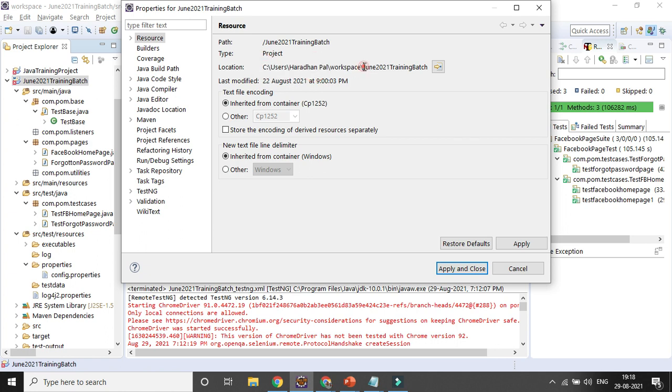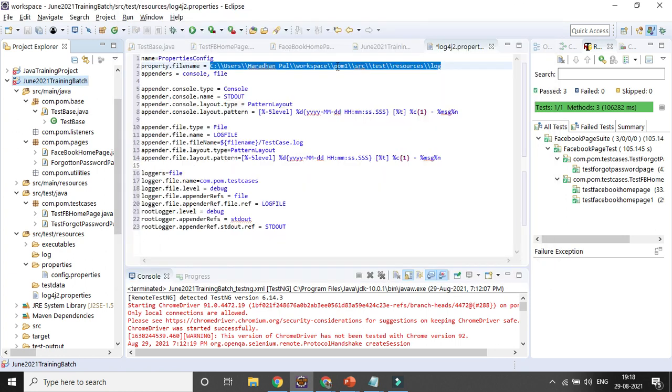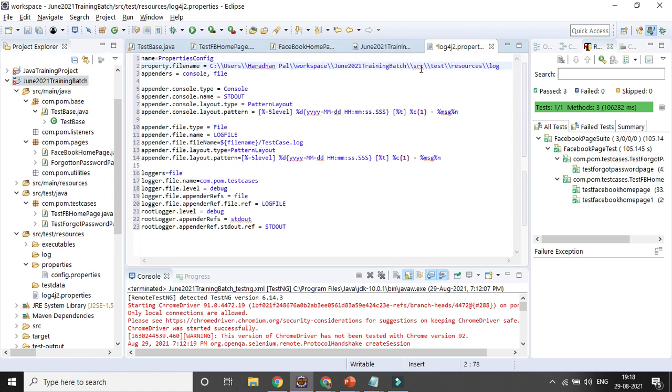Everything will be the same. If I change the project name, it will also be fine. So workspace form.1 here. Otherwise, after you go to the project, that will be the src folder, test resources, and then there is a log folder. So in that path I want to generate the log, right? Then I want to give the name. So this is the file name, that is the extension, and then you can give any name. So test cases.log, you can keep it the same. So that is the three things you need to update.